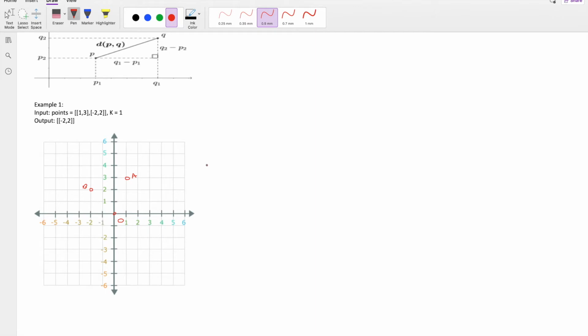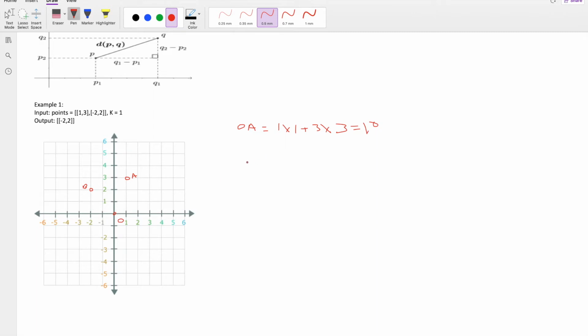So the distance squared of point A is 1 squared plus 3 times 3, which is 10.